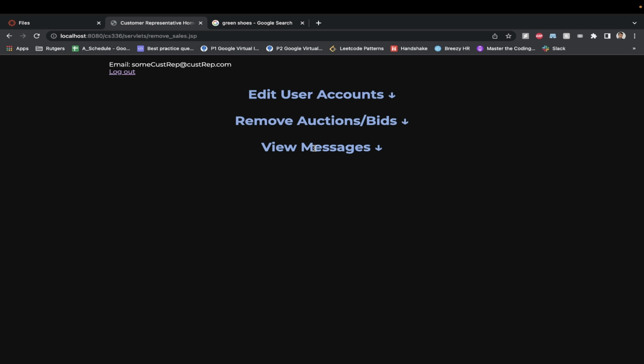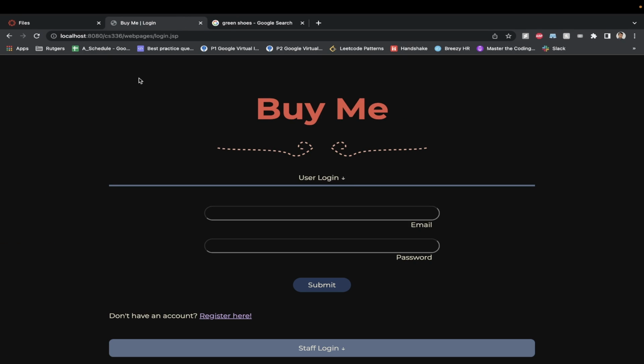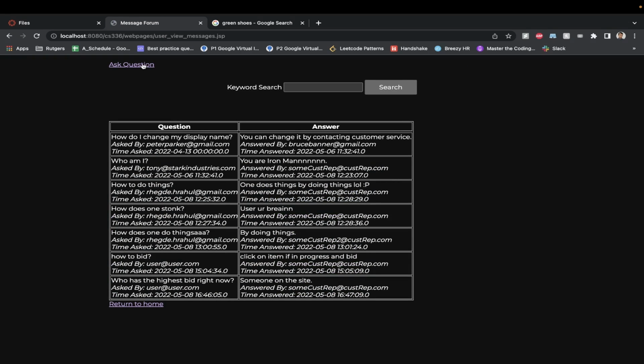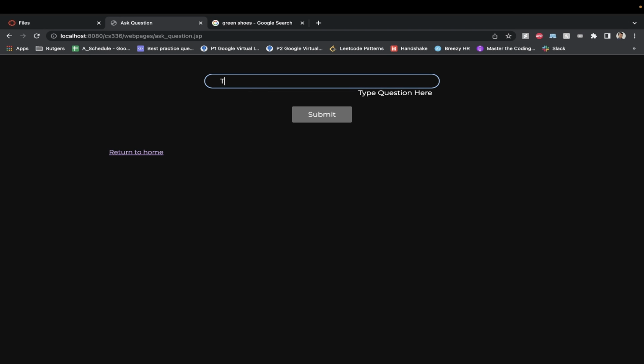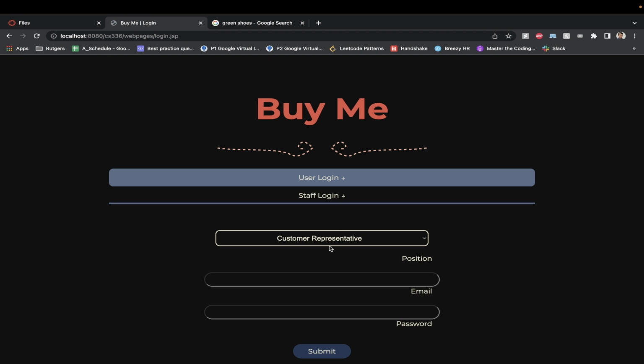Customer representatives also have the ability to reply to user questions, as mentioned here. So unanswered questions, in this case, there are none because we've answered all of them. We can look at the answered questions and look at where we went to. We already demonstrated users asking questions, but we can show that again just in case. So in this case, if we go to the forum, ask a question, and say, this is a question. And if we log in with the customer representative account,